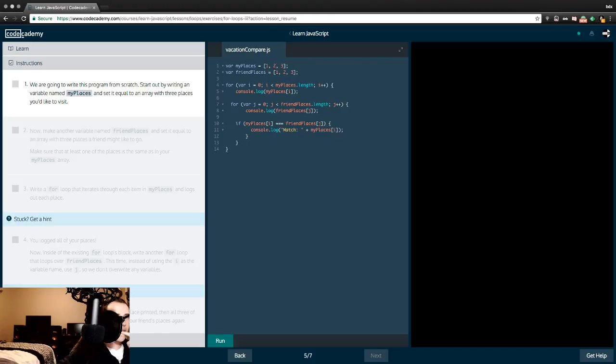Wait a minute. Start out by writing a variable named myPlaces, which we have, and set it equal to an array with 3 places you'd like to visit. That's an array. What happened to the Paris examples? What are we gonna do? Hold on. Let's do a